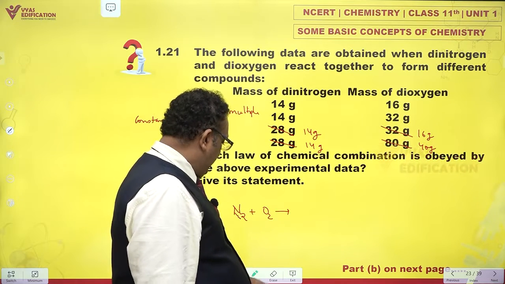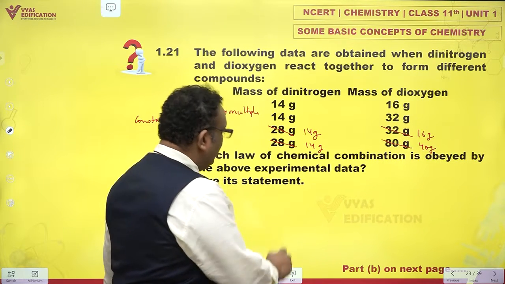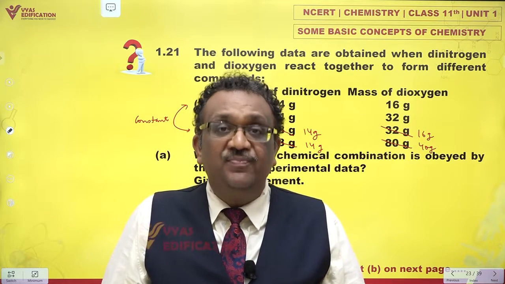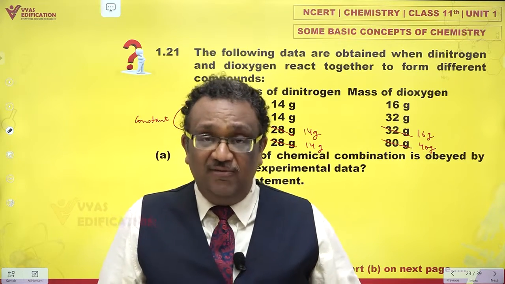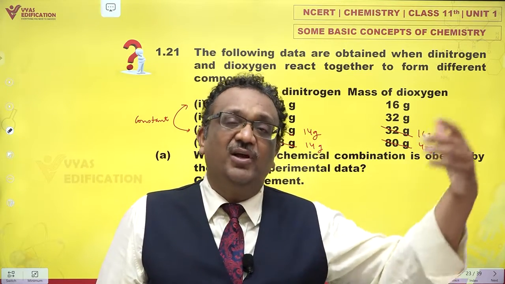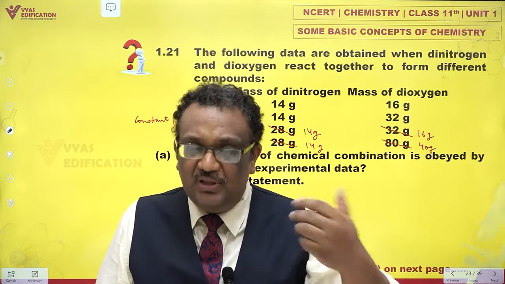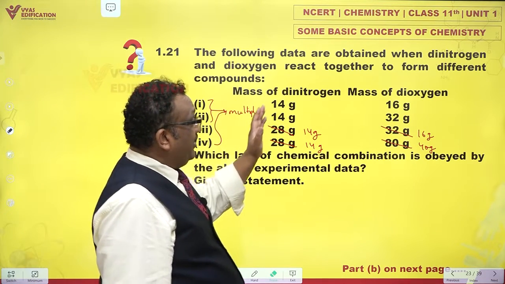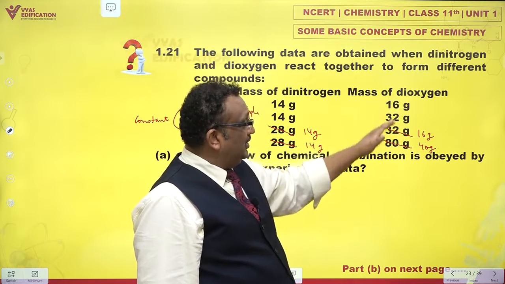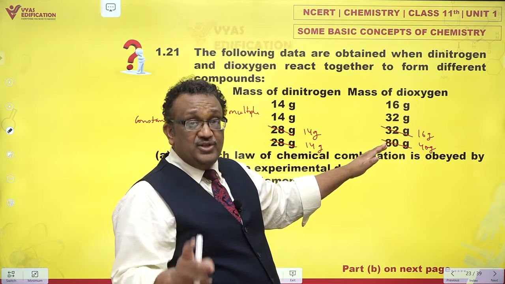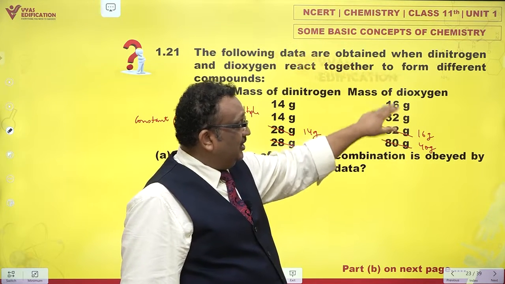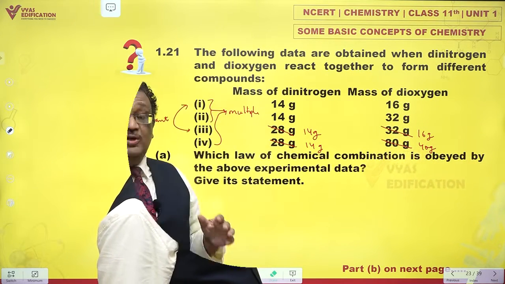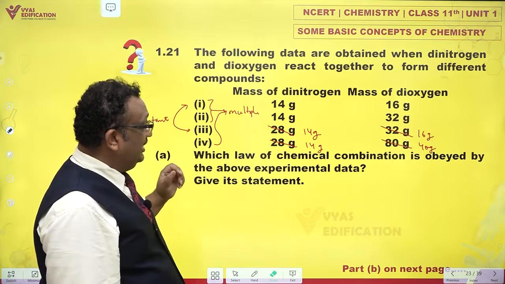If two elements react and they produce more than one compound, sometimes giving compound 1, sometimes compound 2, sometimes compound 3, that way, then the ratio of masses of the other compound which combines with a fixed mass of a given compound. So what does law of multiple proportions state? It says that